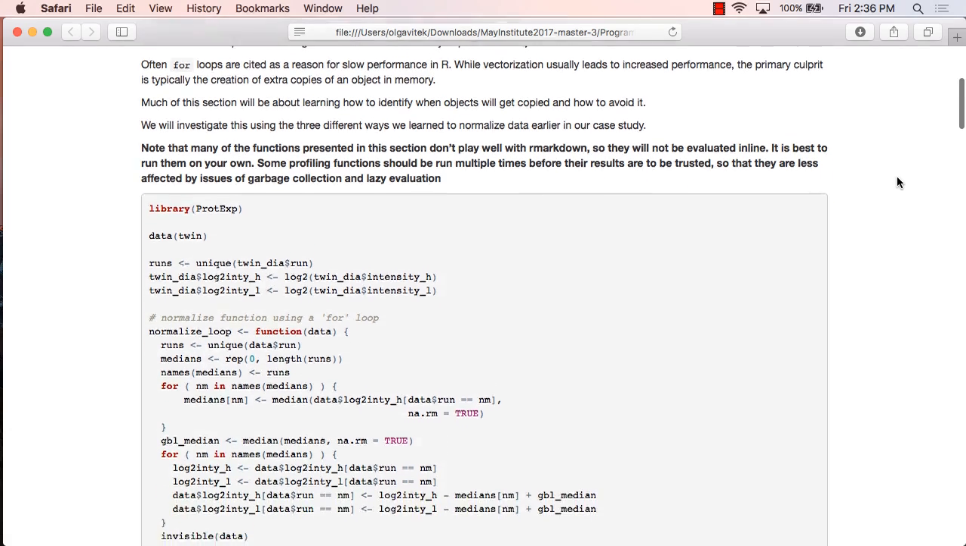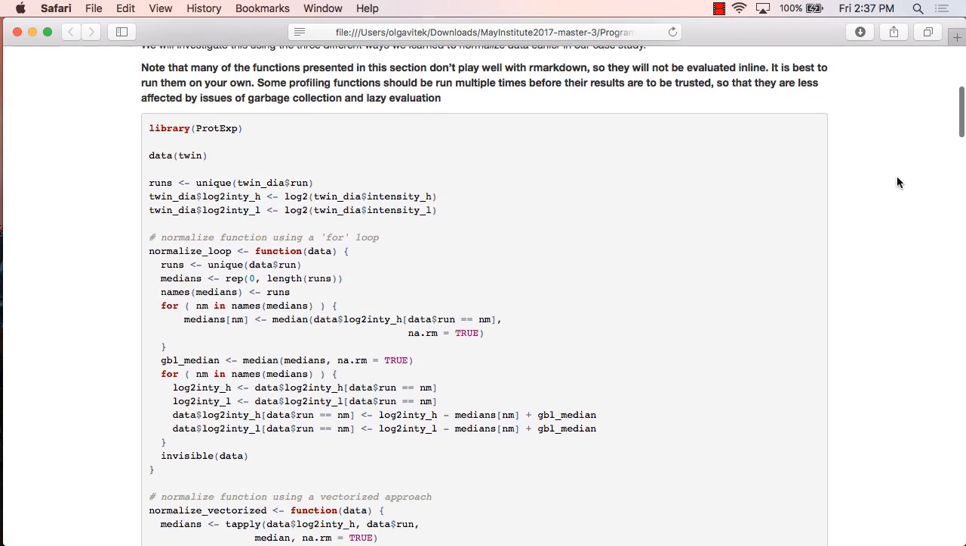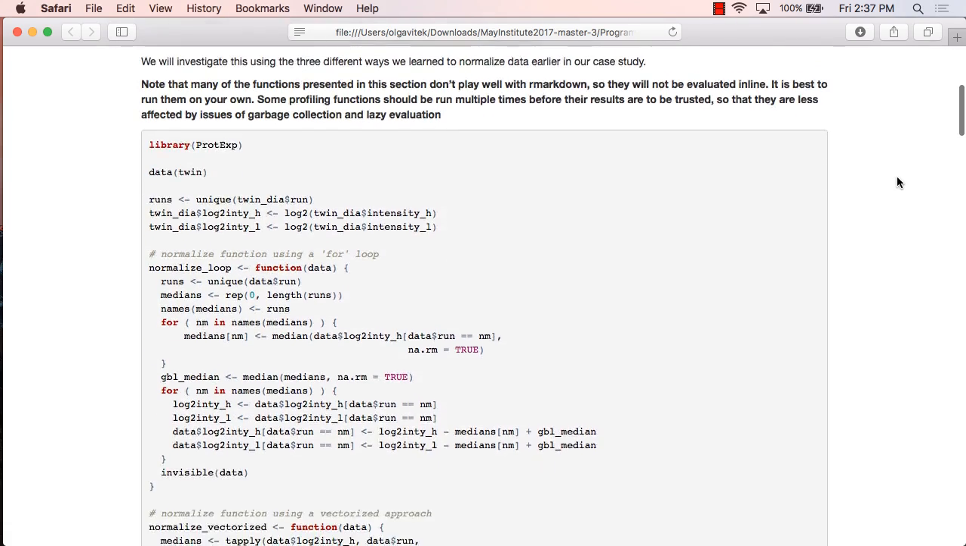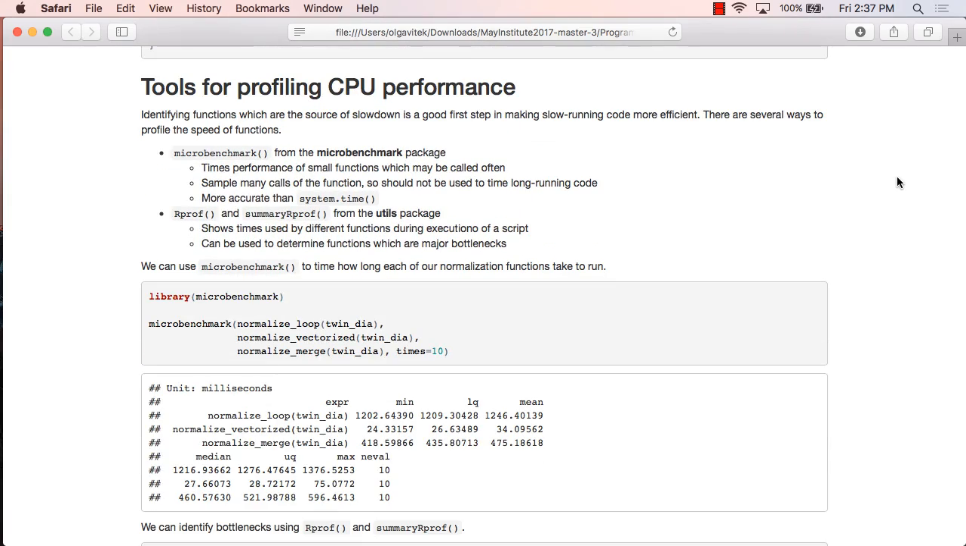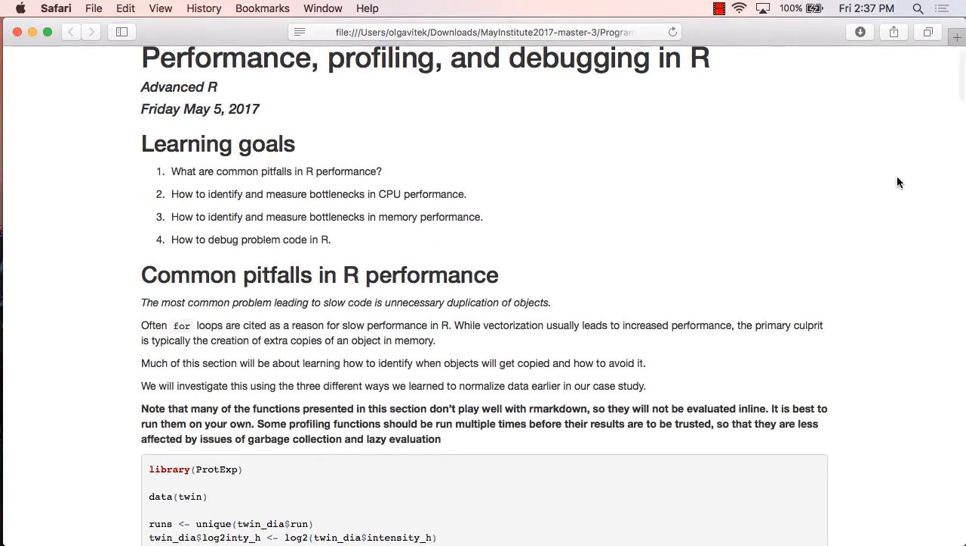So let's start off by just investigating a little bit some of the qualities of performance of those three ways that Sunghang introduced to normalize our data set earlier. Something that you'll notice is in the actual output of this presentation, most of the functions aren't actually run inside the output from the R Markdown document, and that's just because some of these profiling tools don't really play well with the way R Markdown evaluates code, but you can definitely just run them on your own,